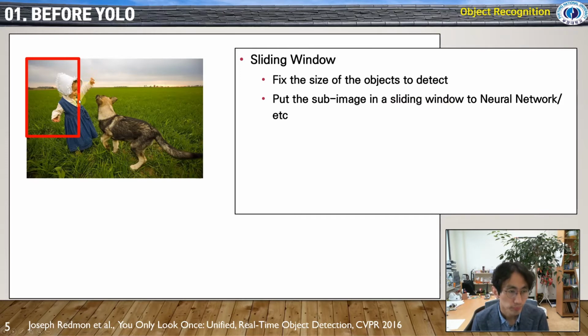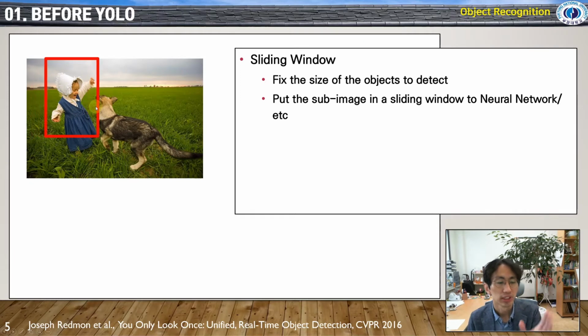Which means there is a box here. We want to recognize an object in the image, and we do not know where it is. So we just put one box here and move this box step by step